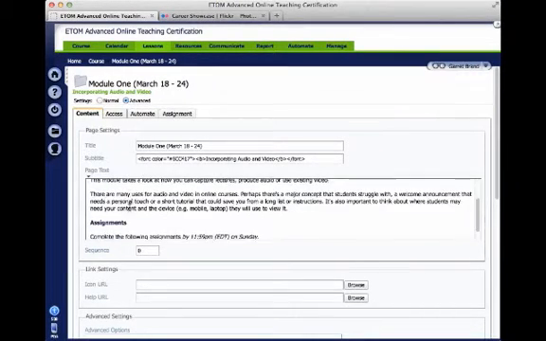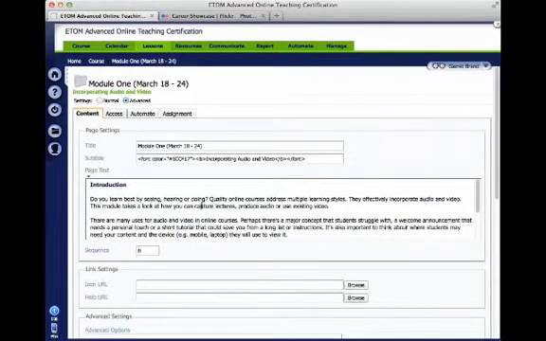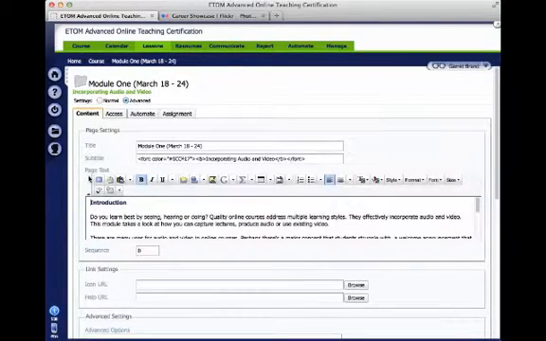Right now there's some text, but I've created an image that matches the color scheme of the course. The first thing I'm going to do, if I don't see my toolbar, is expand my toolbar. And then I want to put my cursor where I want to insert the image. And then I'm looking for the